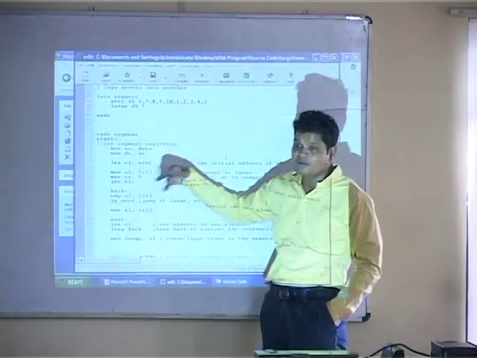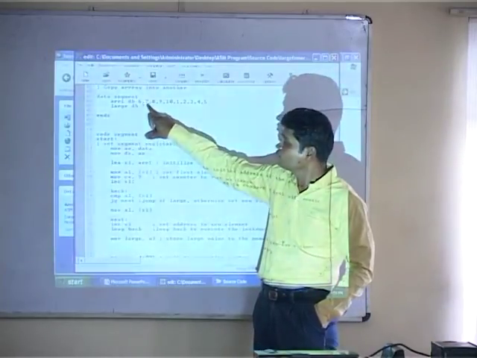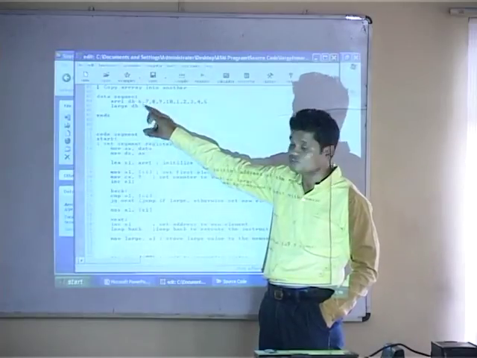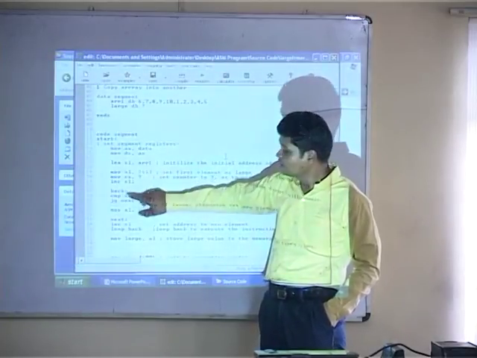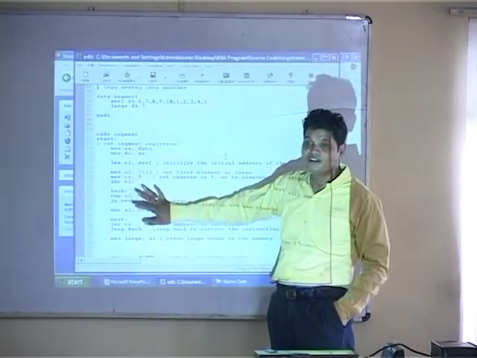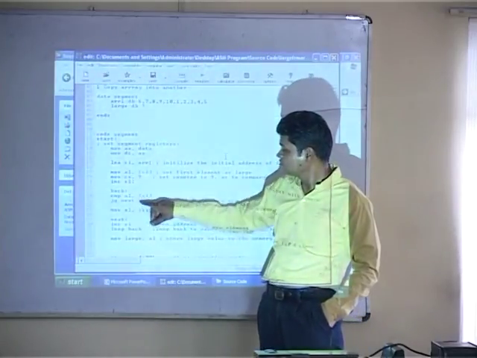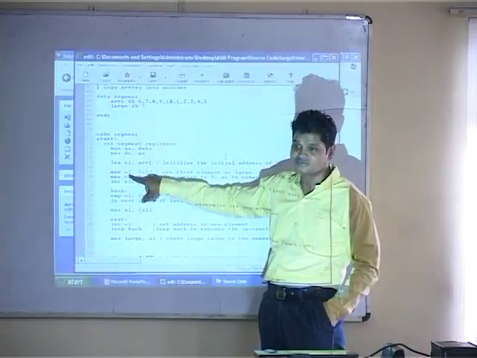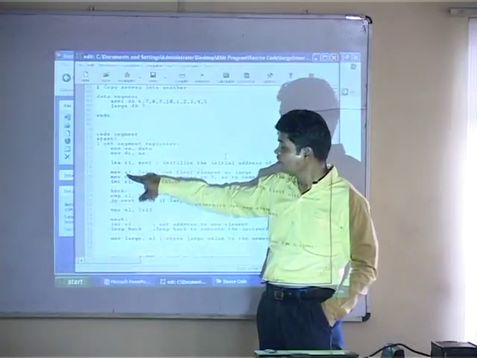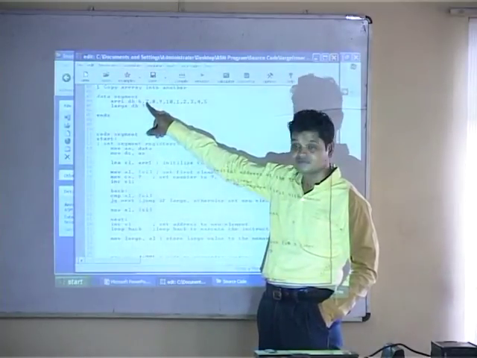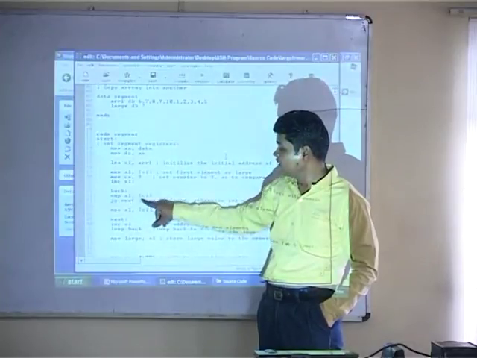And your SI, for comparison purpose, points to the next location. First is 0, but I want to compare from the next location. So here you have initialized the data. SI is incremented. Now here we are comparing. Comparing what? First element. We are assuming the first element is large. That is the value stored in AL. We are comparing this with the next value, where SI is pointing. So we will compare it.